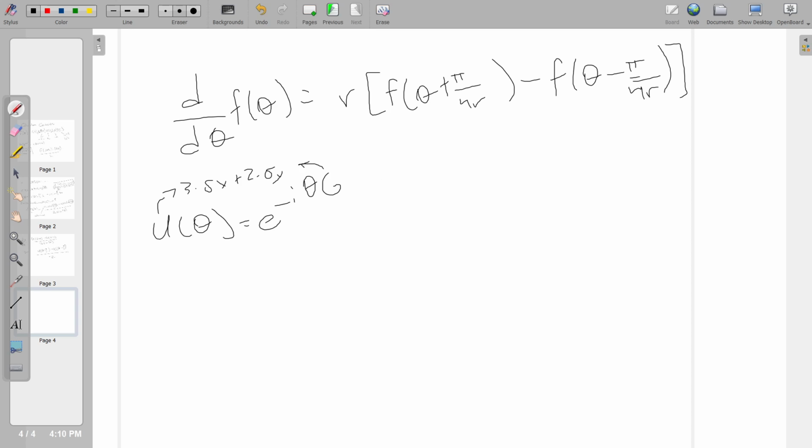We can write this out, and if we do a lot of math, I'll link the paper. I'm not going to do the math here. We can get this formula. And the reason is that this R here,